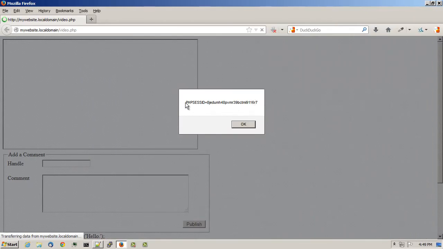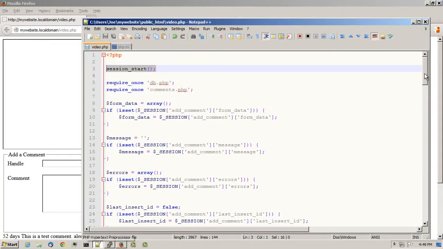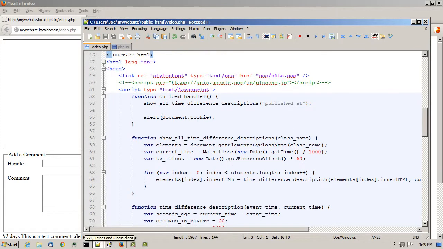So I can look for this PHPSESSID using JavaScript. I can call indexOf, which essentially does a substring search. So if I want to find a string within another string, I can look for PHPSESSID within the document.cookie string, but